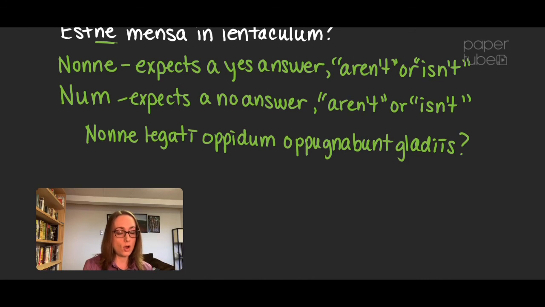It's asking, aren't the lieutenants going to attack the city with swords? They are, aren't they? Aren't the lieutenants going to attack the city with swords? And it's expecting you to say yes, they are. And then a negative question would be,